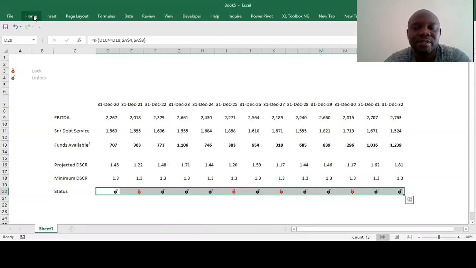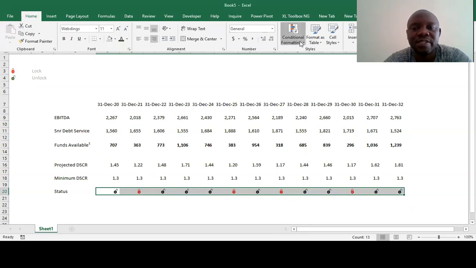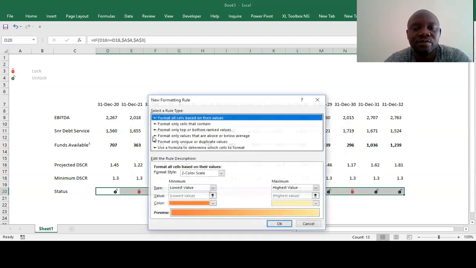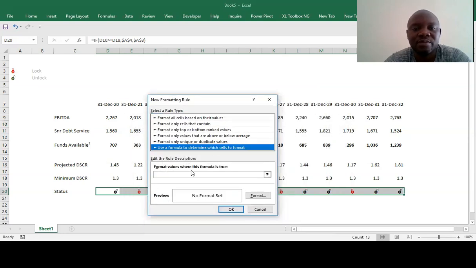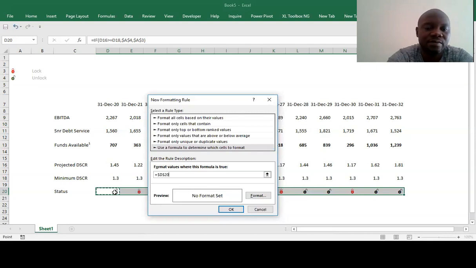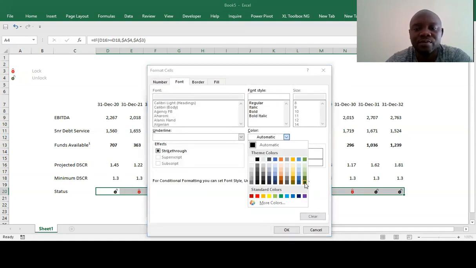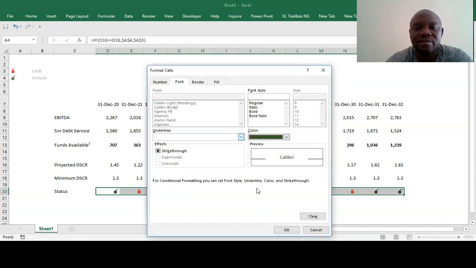Then we'll still go back there. We'll go to conditional formatting. We'll go to manage rules. We'll go to new rule. We'll still pick the same. So if this equals to what is in A4, if that is true, we have to have it in green.